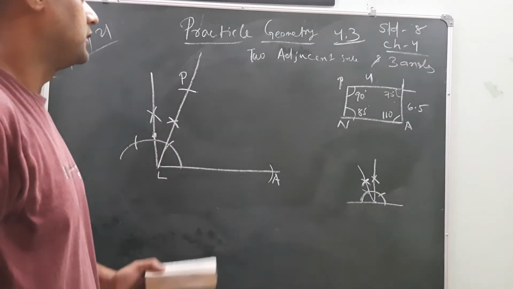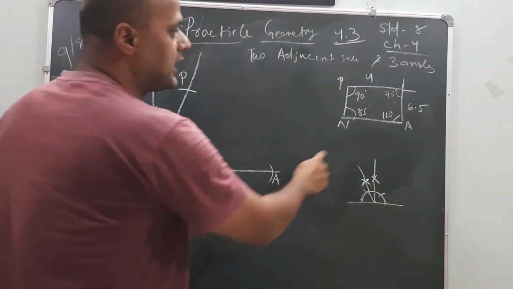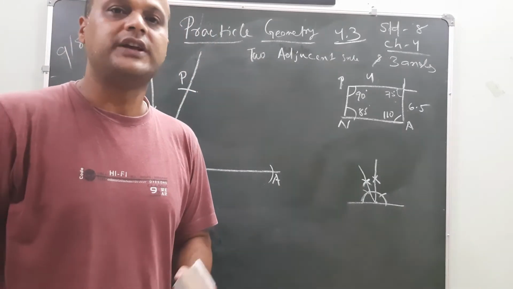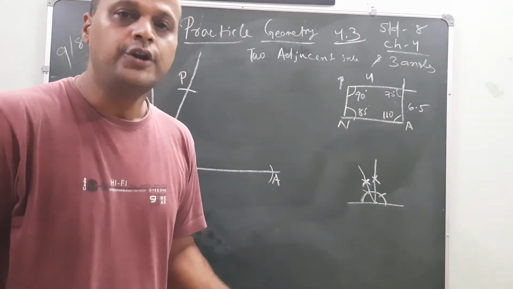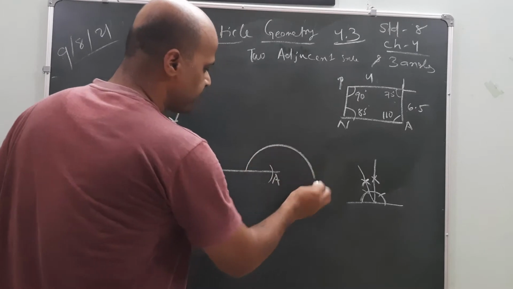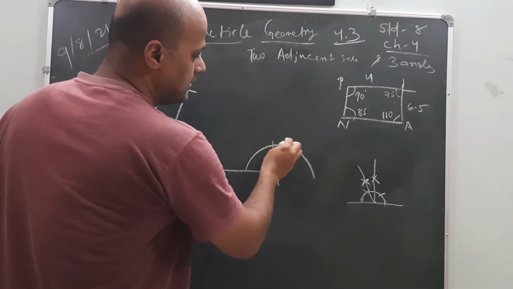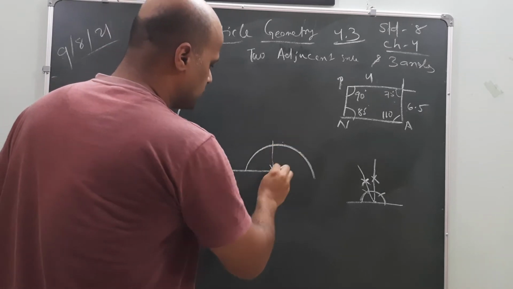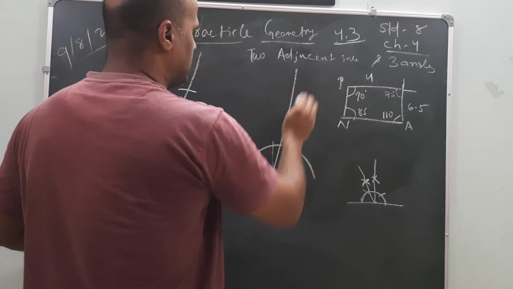P will come here. Now, same thing as previously discussed: from angle A, how much is it? 110. 110 is unable to be drawn with the help of a compass, so with the help of a protractor you just draw 110 degrees. Okay, put the protractor here. We know that straight up, 90 degrees will be here, and next 100, and 110 will be here. So I am roughly drawing, with the help of a protractor.